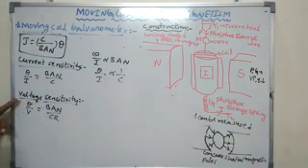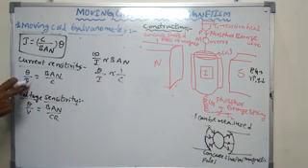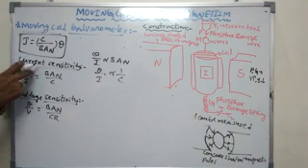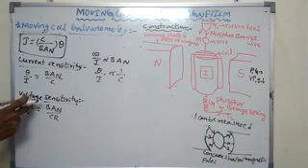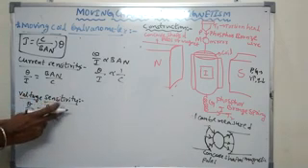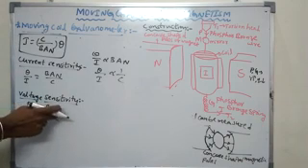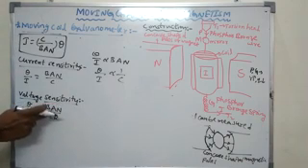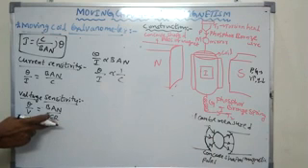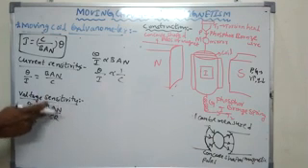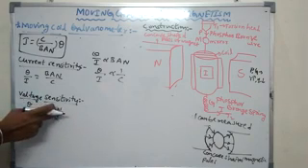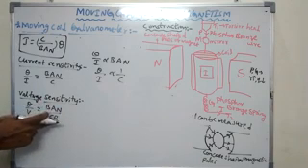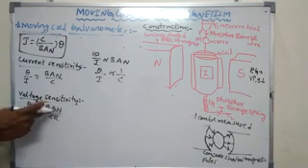Voltage sensitivity is deflection per voltage. So I is nothing but V by R from Ohm's law. R goes to the denominator when you bring it to this side, and what you get is BAN by CR. So deflection per voltage is called voltage sensitivity. That is BAN by CR. If you increase the area and number of turns, what will happen? If you increase the area, the resistance also changes. So the voltage sensitivity may not change when you increase the area or number of turns, because the resistance also changes and the ratio remains constant.